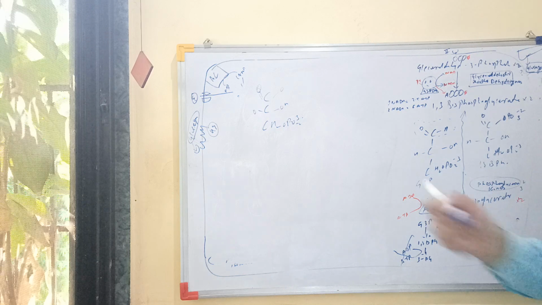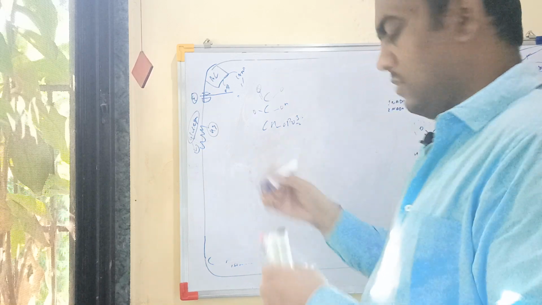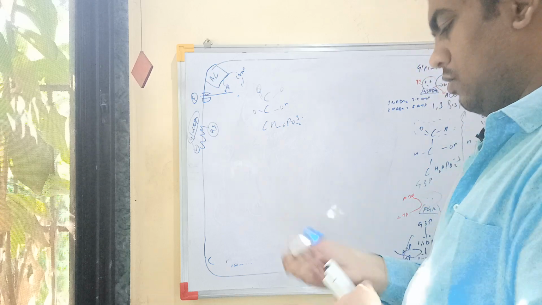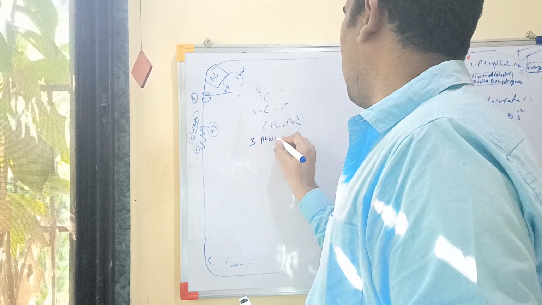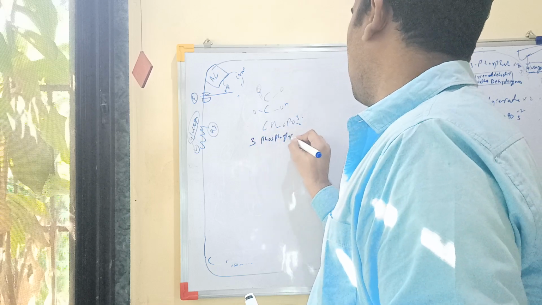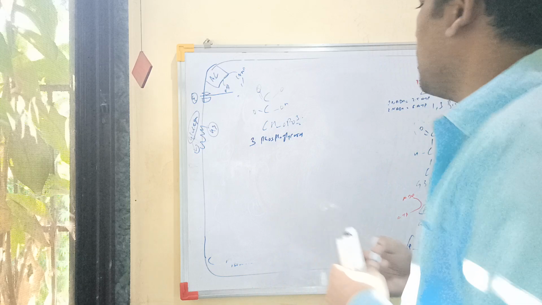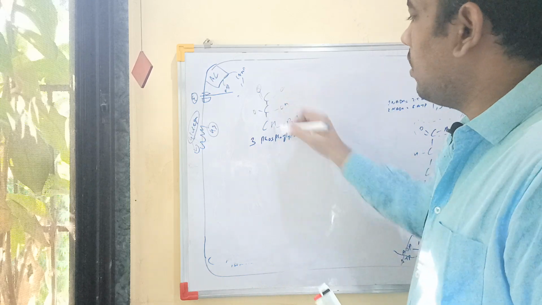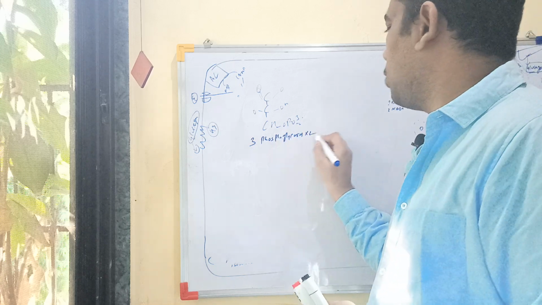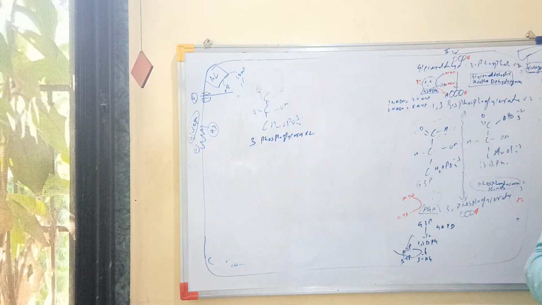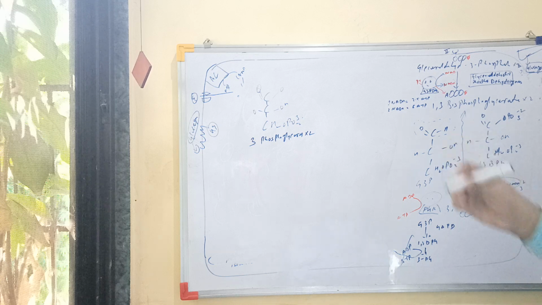We have 2 molecules of 3-phosphoglycerate here. Okay, do you understand what I am talking about? So this is the molecule of 3-phosphoglycerate. Now this 3-phosphoglycerate